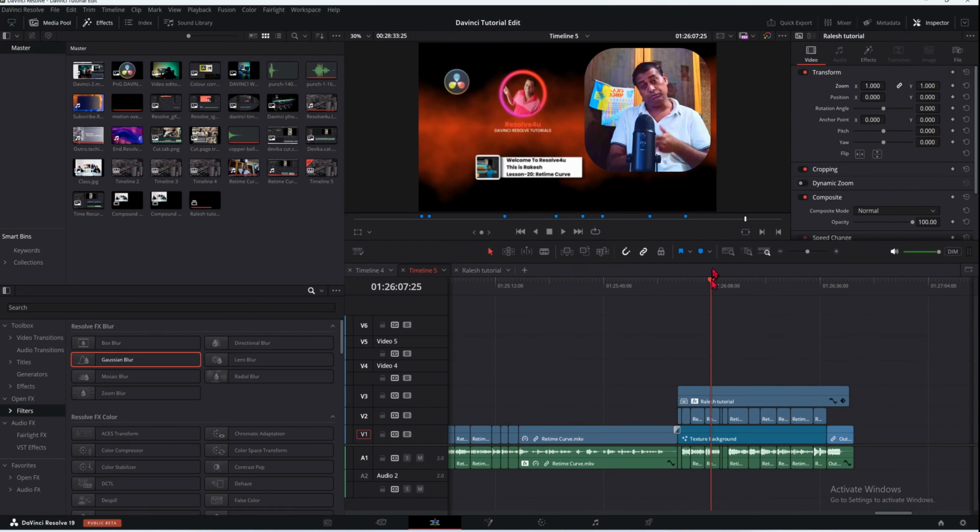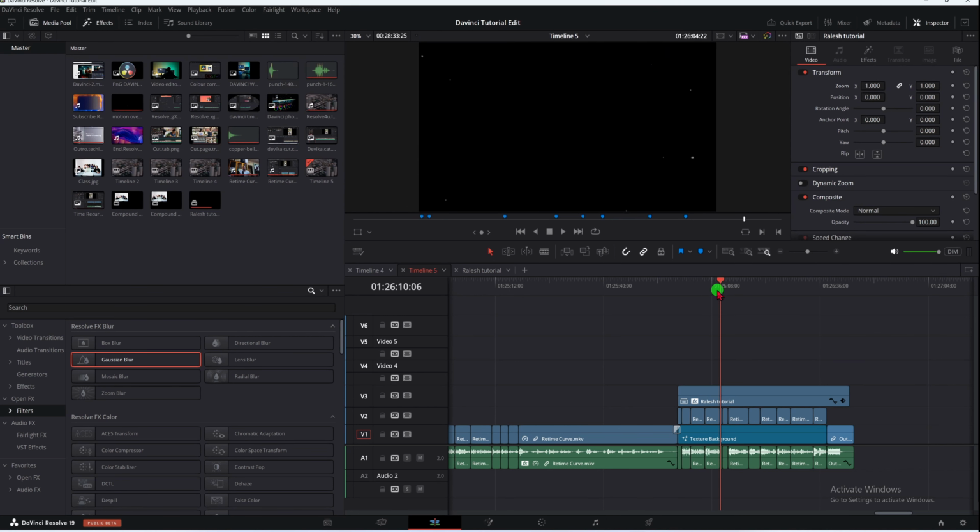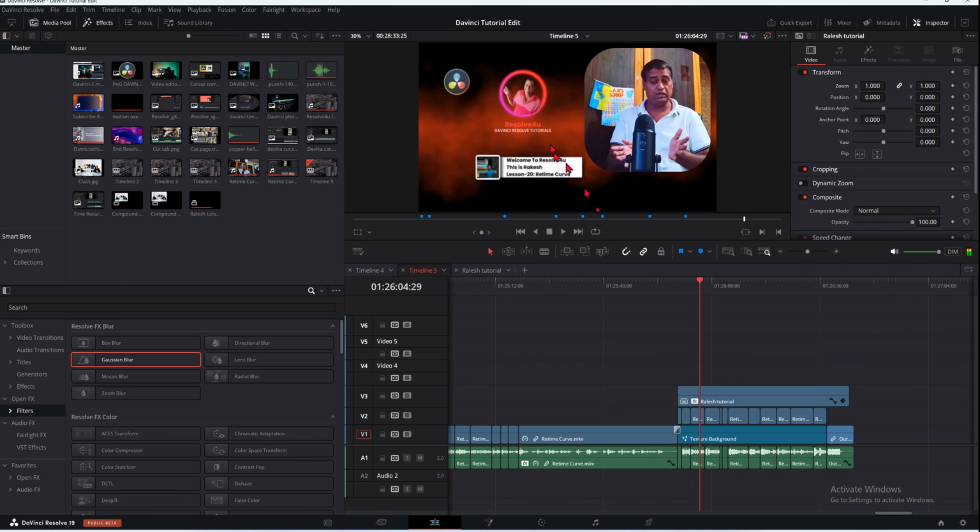You see here, this is our actual timeline where I am using this compound clip. Now see, in the compound clip we have made changes here. You see our DaVinci Resolve logo is smaller. Our lower third photo is smaller here. Here, the lower third about our topics is smaller for our lesson. See, I have made changes.